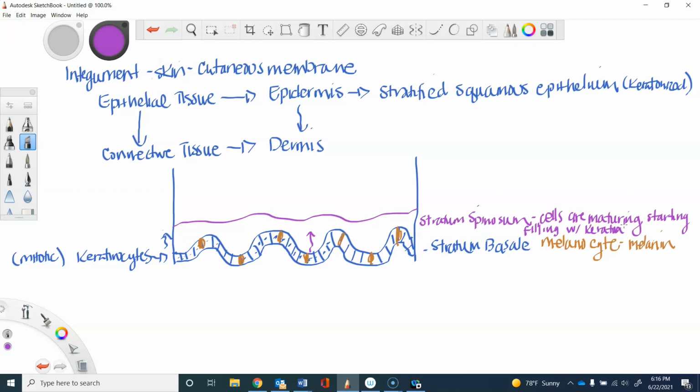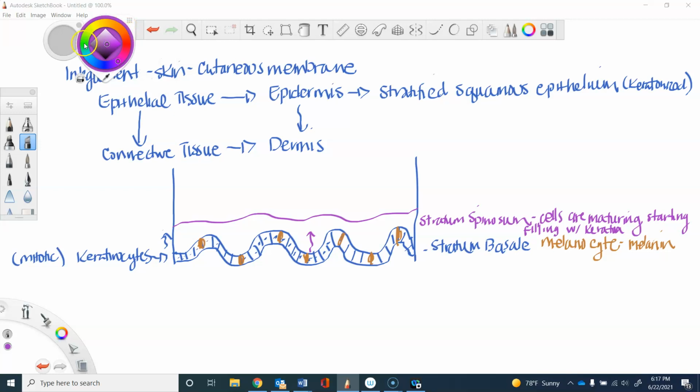So in case you were wondering, these cells are dying. Okay, so they are on their way to being dead cells. Now in here, they're maturing and they're fine, and even some of them might go through mitosis in this layer, but they are maturing. They're making keratin within there and starting to fill with keratin. As they're doing that, they get up to here, they're getting full of keratin, and when they enter the next layer,